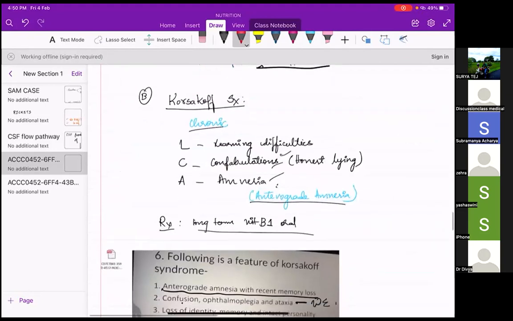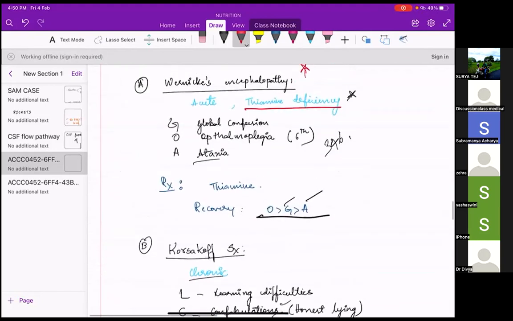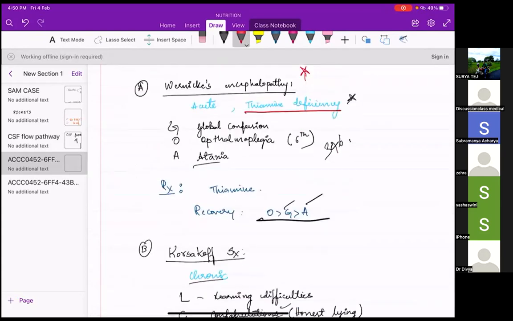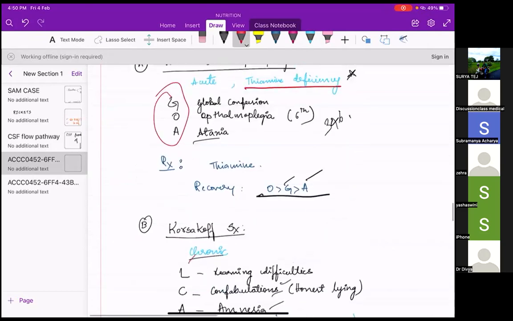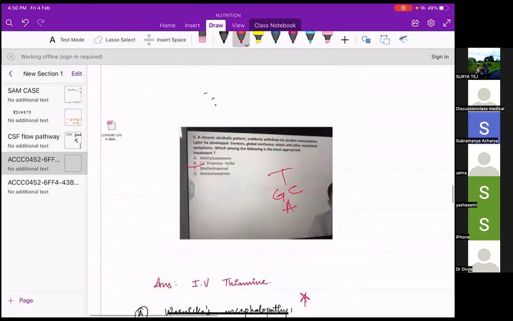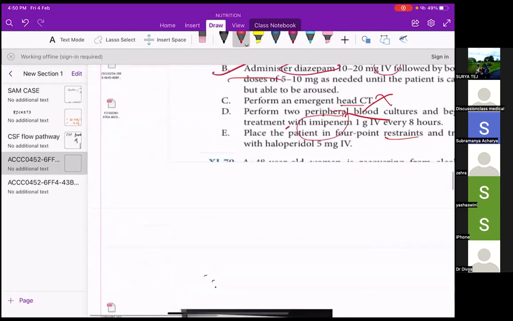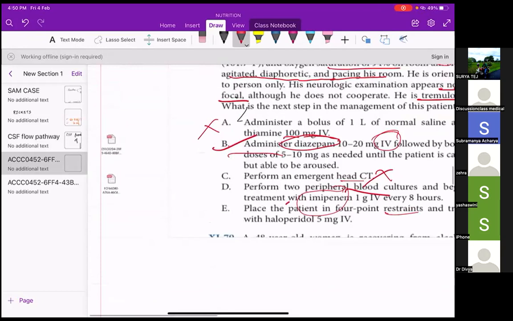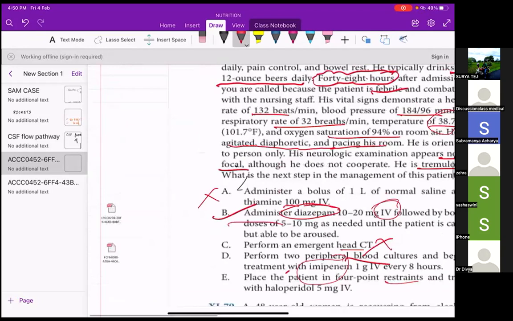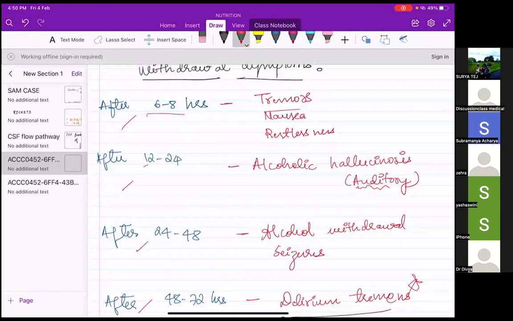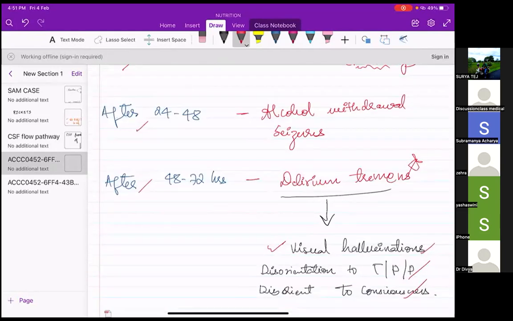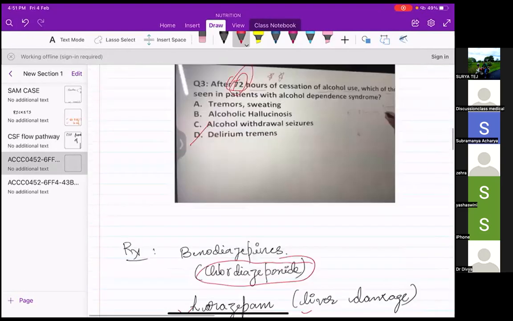This is about chronic alcoholism can lead to Wernicke's and Korsakoff syndrome. If both present, it is called Wernicke-Korsakoff syndrome. So this you should know, LCA and GOA. And what you treat with? I'll treat with thiamine. And along with that, you should know about delirium tremens, how I treat it, and each of this you should know. After how many hours, what I'll present with. This is a short topic. This question was asked last year in NEET and 2 of the INI-SET papers. So every year we get a question from this. So let us not make mistake in this topic. That is what I feel. If you know correctly what happens, then it is fine.